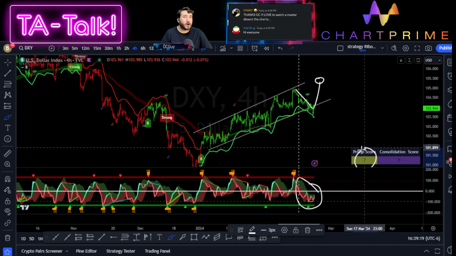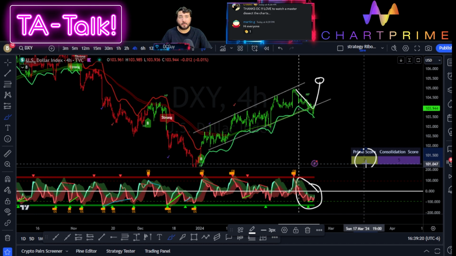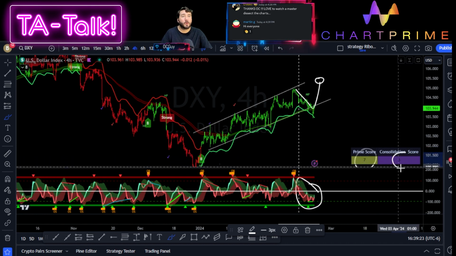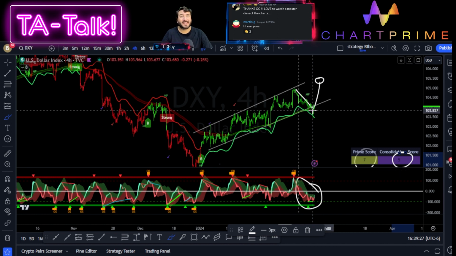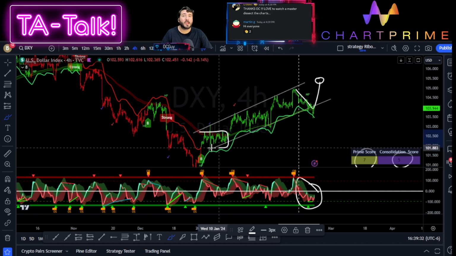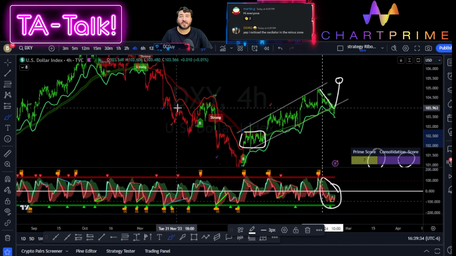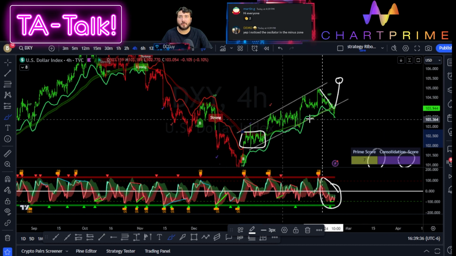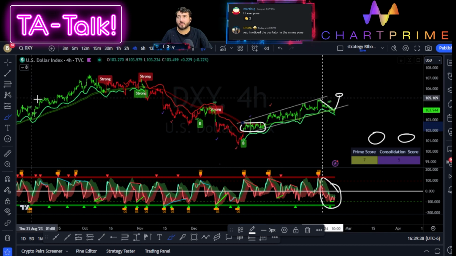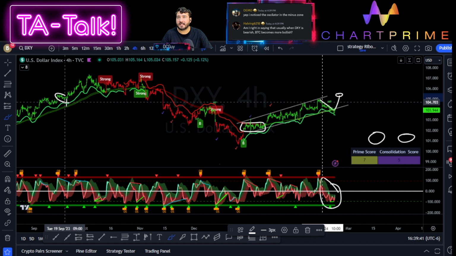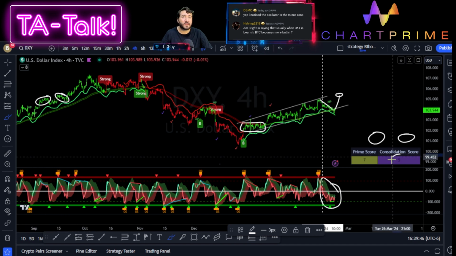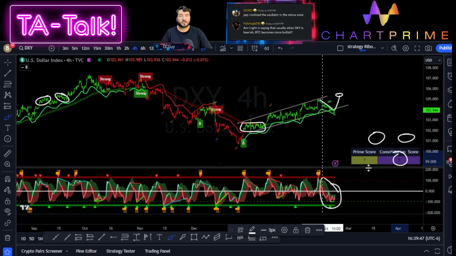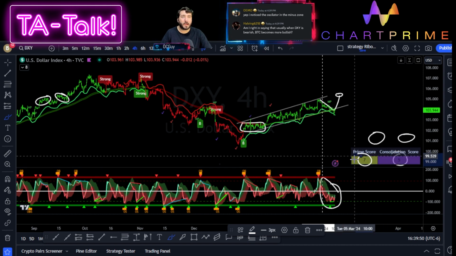First, we are bullish and we have a high prime score, and then we go with an even higher consolidation score. A consolidation score will indicate that I'm maybe gonna stop falling and do a range like this, all right? Let me show you an example. This is too aggressive. Or a slightly down range, right? Or a slightly up range, depending on this number, all right?